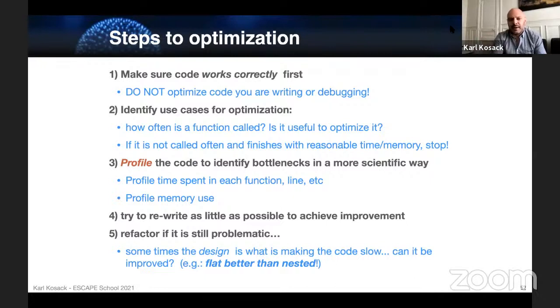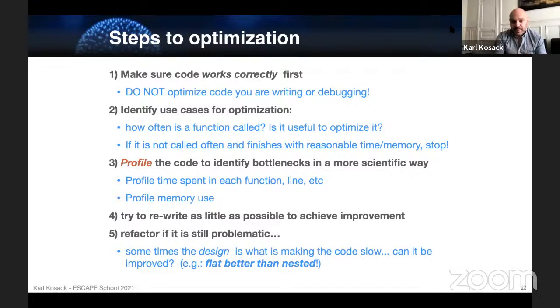And the rest of your code takes an hour or 2 hours to run to compute its simulation and write it out or something. Then there's no point in gaining 2 seconds if the rest of the code takes an hour, right? So you could spend all day optimizing that 2 seconds, but it's not going to gain you much, right? So don't do it. Only look at functions that are called very often, or that are really taking up a significant fraction of the runtime.